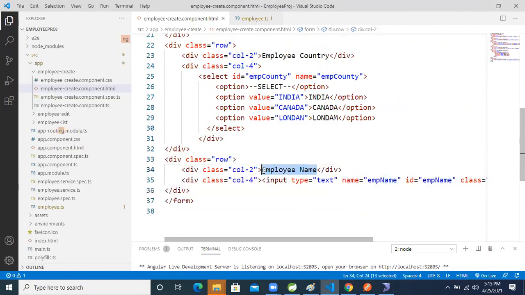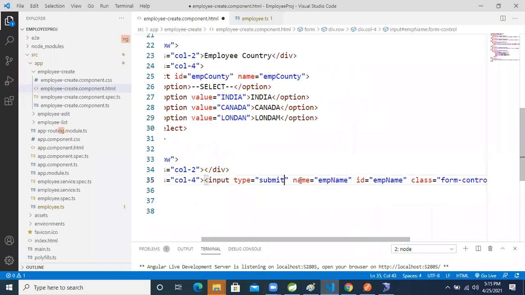No need for everything else, I want the row only. So input type equal to submit. Name and ID, no need. Value equal to Save data, right? Save data.